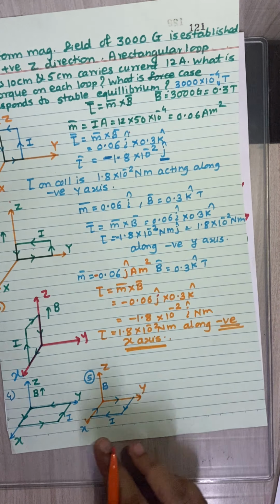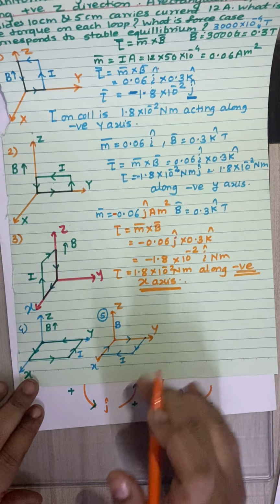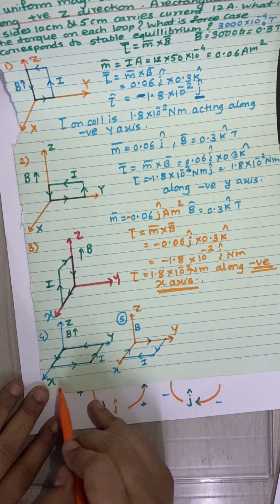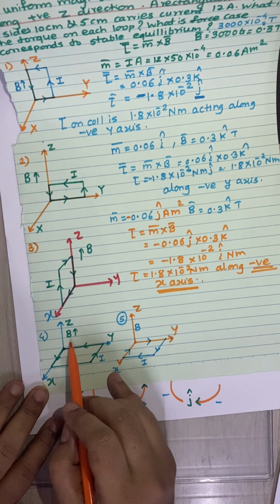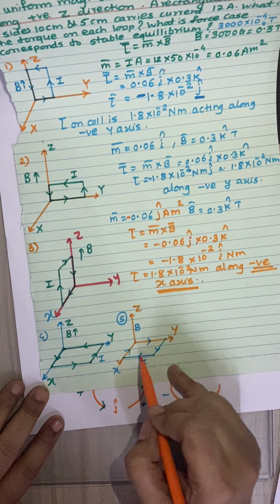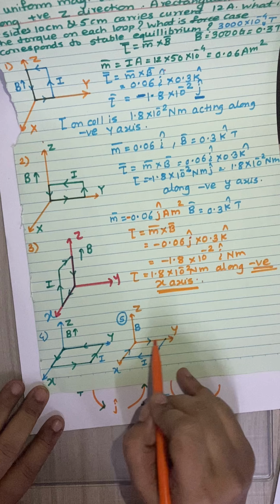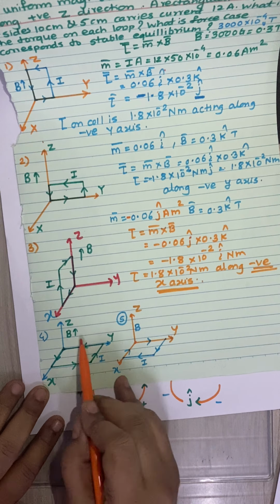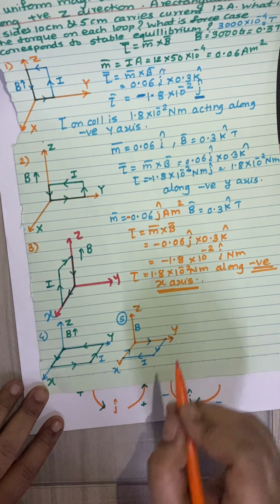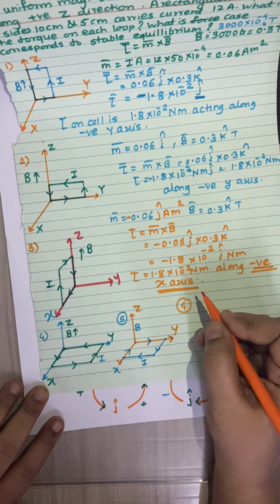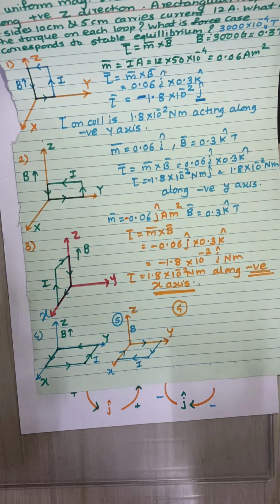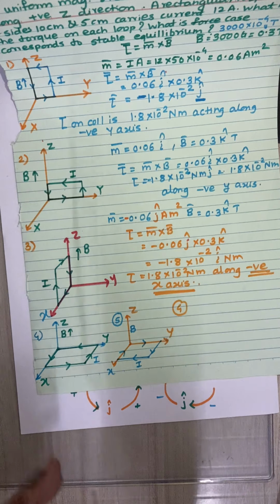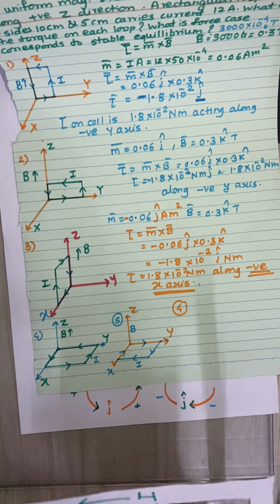Okay, and now the last example is there. In this last case, you can see that the plane of the coil lies in the xy plane, and z is the other axis along which the magnetic field is there. Here also, only the current direction is changed. This is the anti-clockwise and this is the clockwise direction. So in the fourth case, we can have this particular case. If I consider, you can observe that the current is flowing in the anti-clockwise manner.